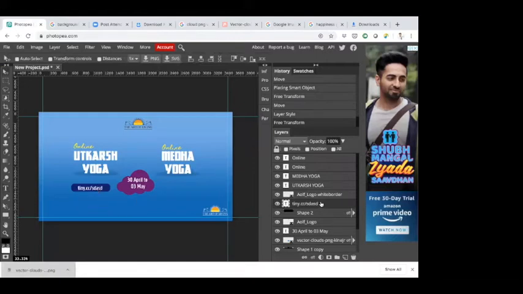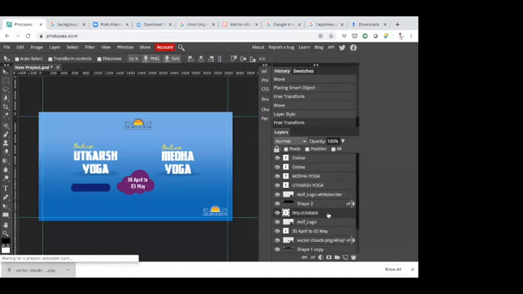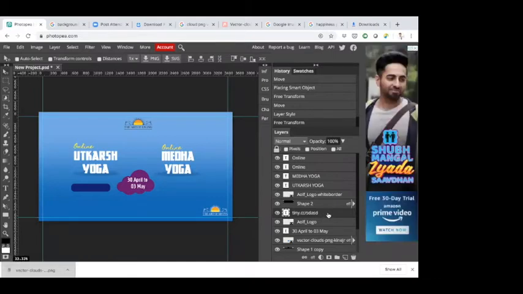Now you would notice that if the text layer was below the shape layer, you would not see the link which is written. I think we had already covered this in yesterday's session. Those who missed it, you can always go back and see the recording or the tutorial which is made. You have to make sure that the text layer is above the shape layer.